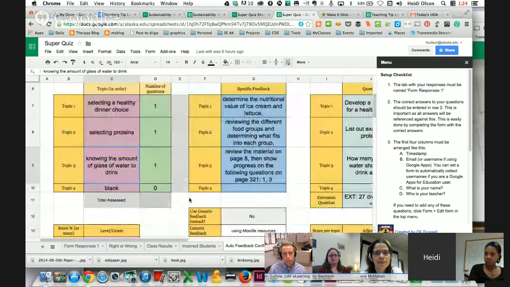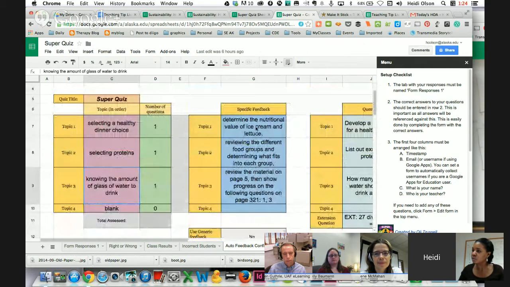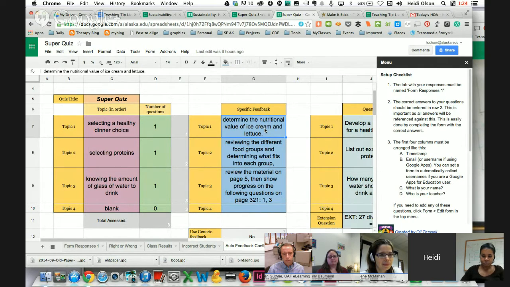Then the feedback aspect of it is, if I get the question wrong, what do I want the students to think about again? And if they chose ice cream over a salad, then perhaps they need to go back and determine the nutritional value of ice cream and lettuce. So if they got it wrong, they need to spend a little bit more time looking over the material and thinking about